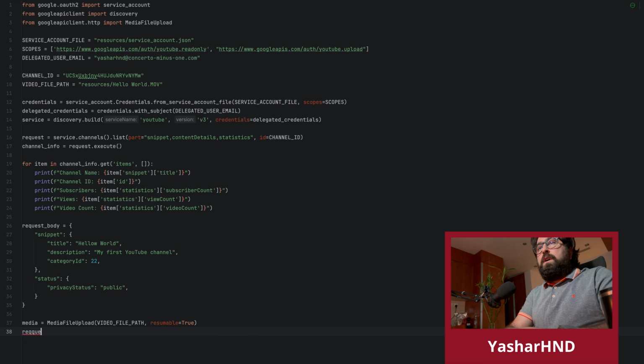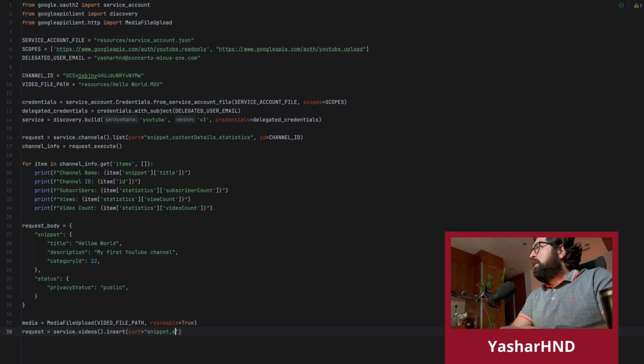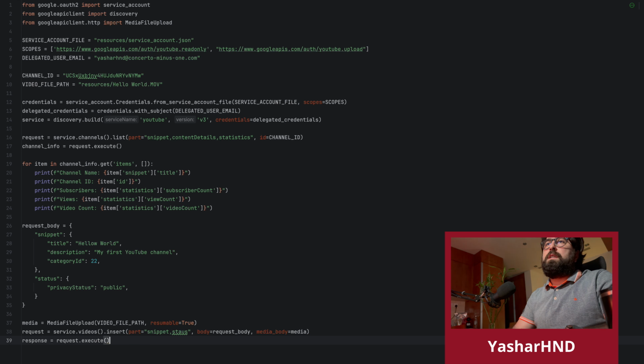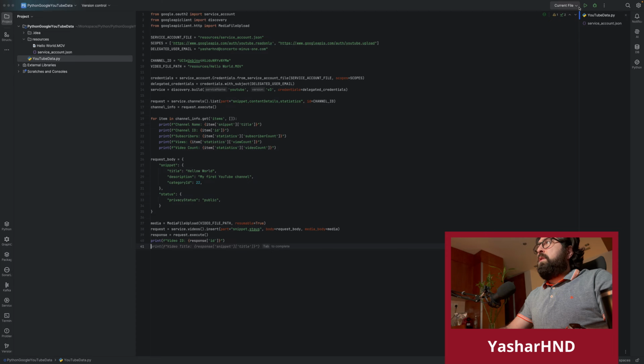Now, what is the request? Equals to service.videos().insert. In insert, we need to define which part we are going to insert, which is snippet and status, I believe, yes. Body is the request body, and the media body is the media that we define. Now, basically, response is request.execute, and let's print video ID response.id. Yes. Now let's run this code